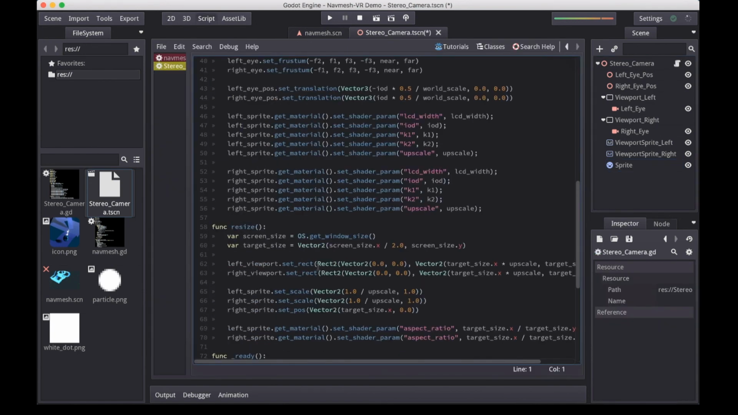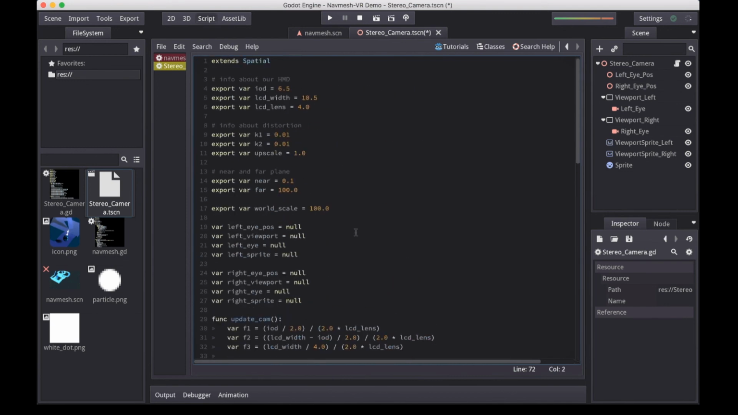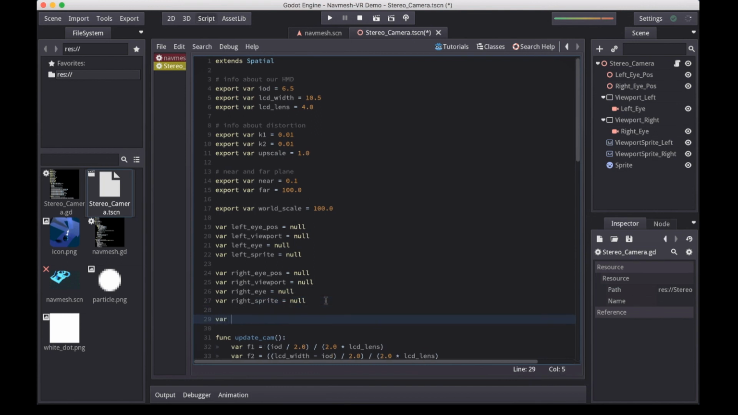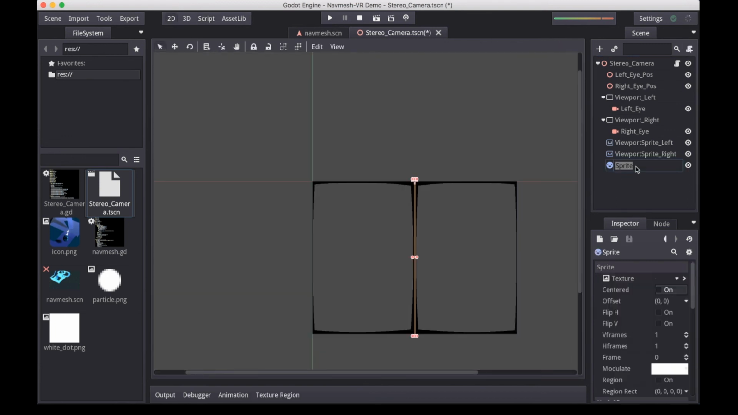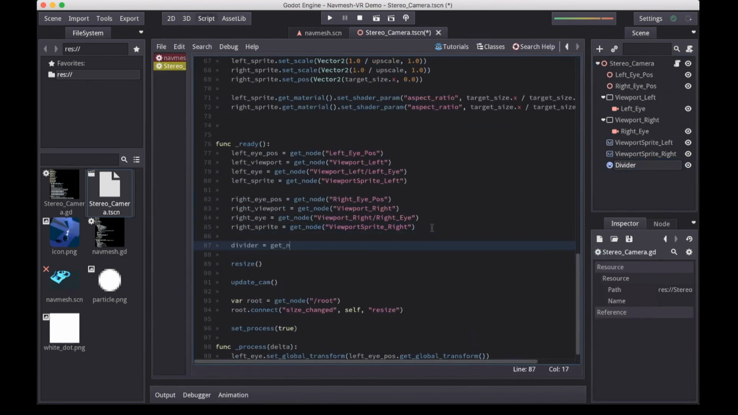So let's do our same old. And for this one, well, actually I might as well. Divider. Let's actually rename that one. Let's be consistent. There we go. And that is now simply a matter of setting our position to